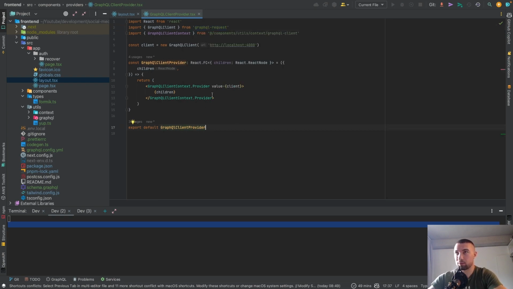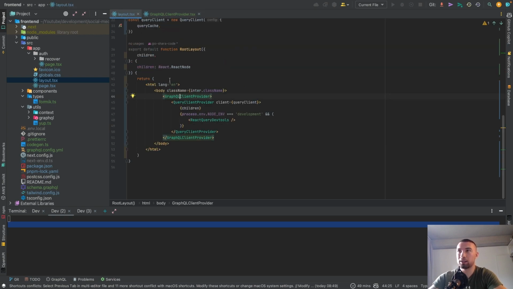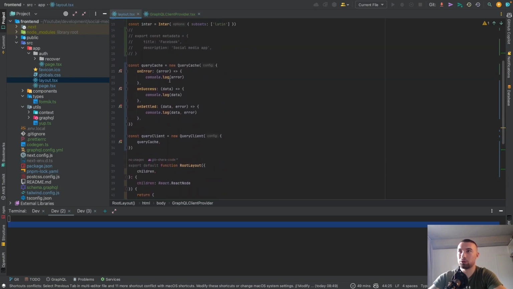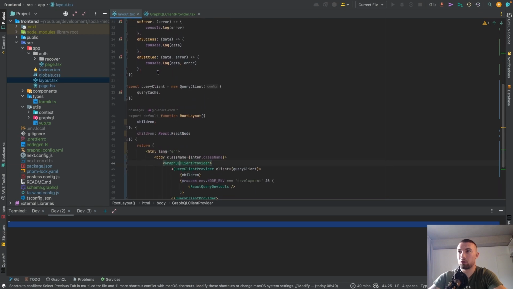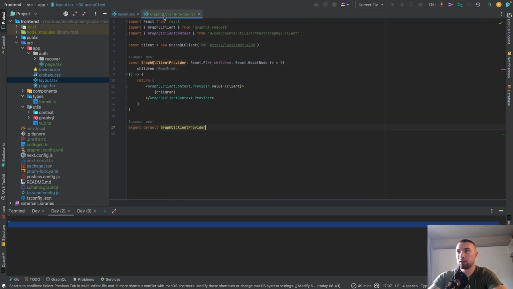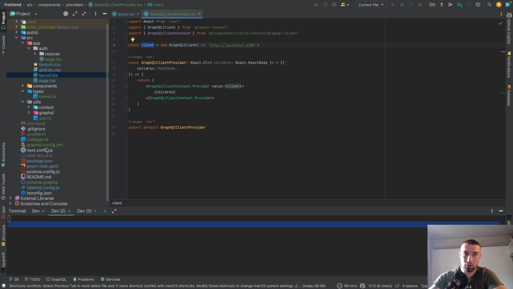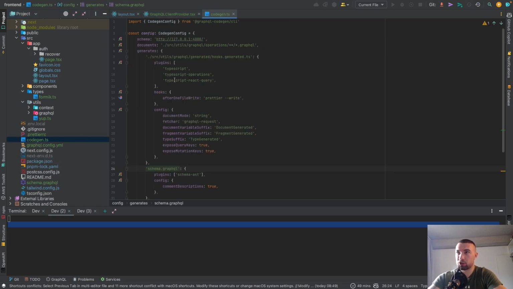And why two clients, and why don't I use only the query client? It's because this client is needed in order to make requests, because this is the way the TypeScript React Query plugin of GraphQL code generator is set up and structured. So it generates for us, if we go to